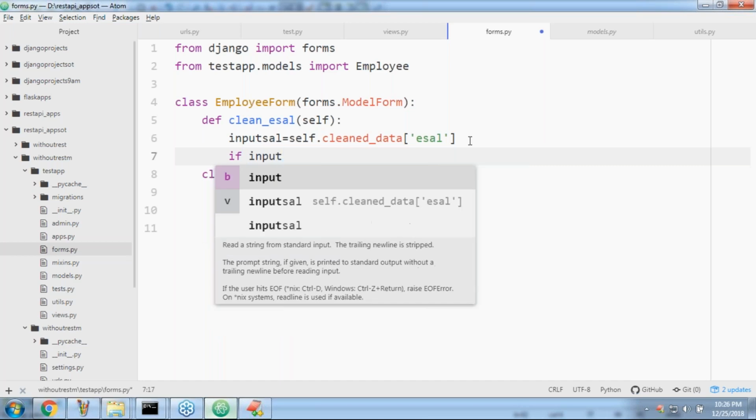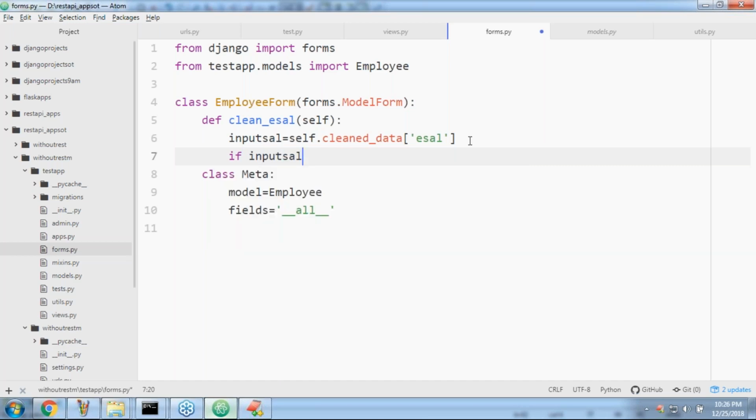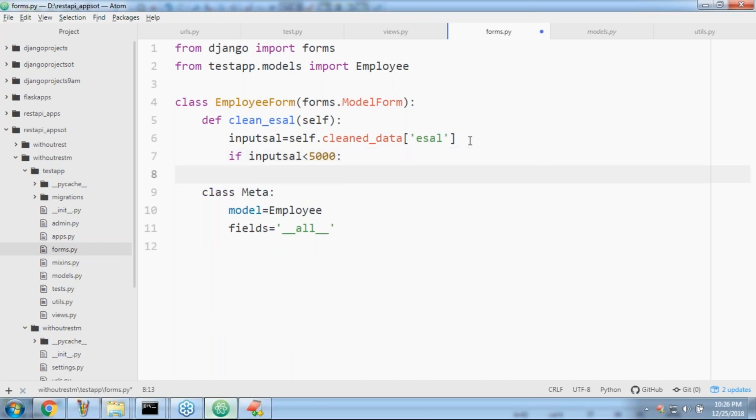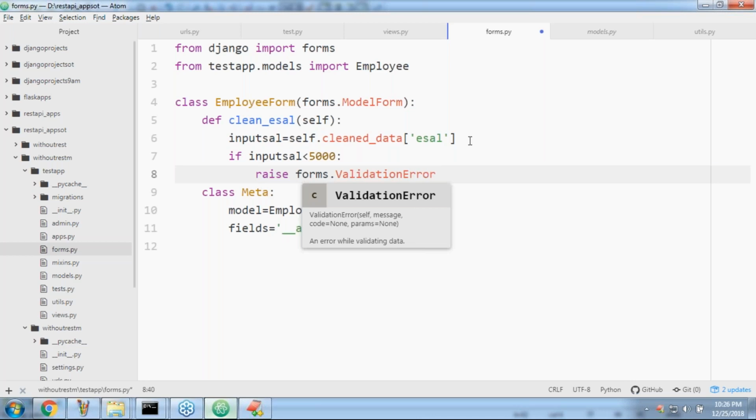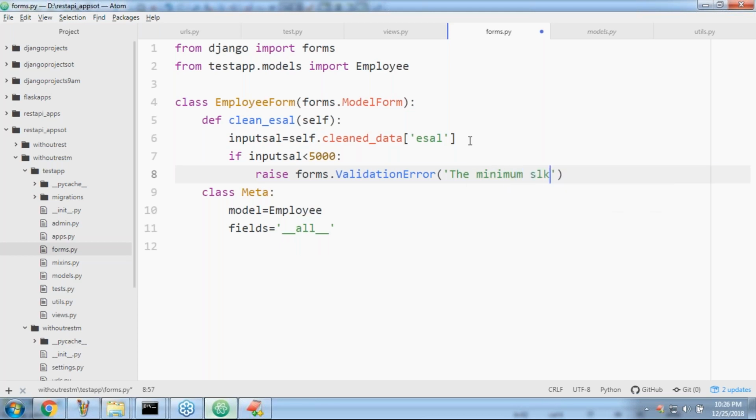If input salary is lesser than 5,000, then automatically can you please raise forms.ValidationError?